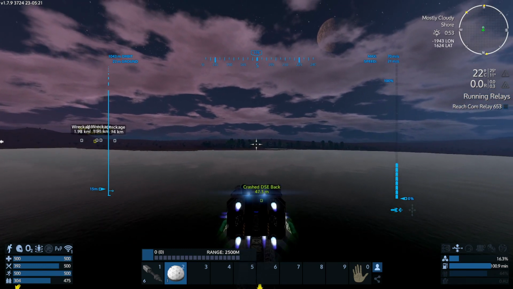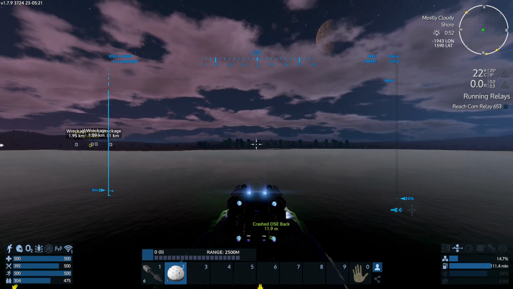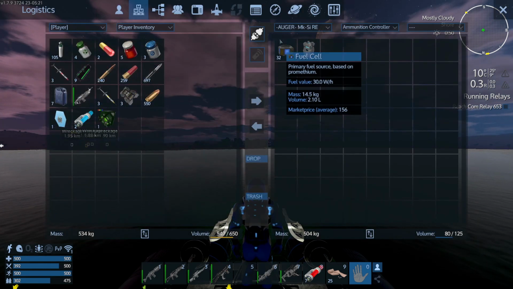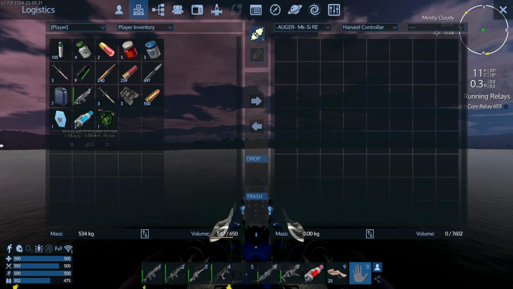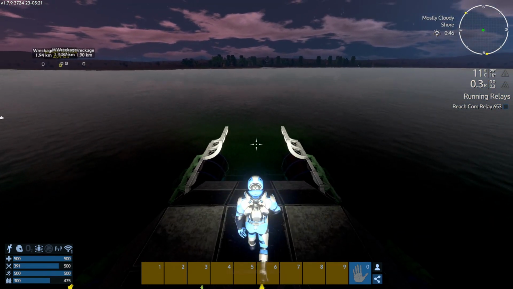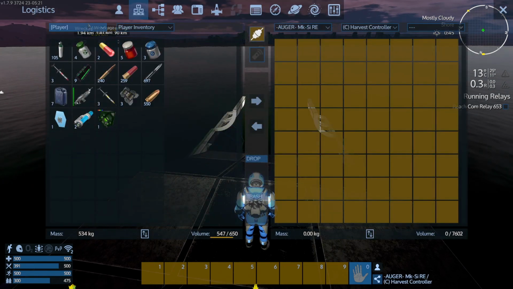We'll just get in here. Yeah, we'll do this first. And we'll land here. Up to Auger's harvester. We'll just step off. Should now be able to pick up the